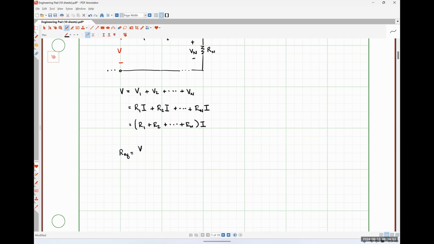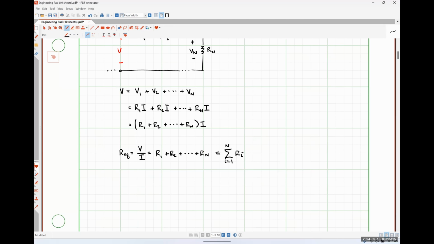So that's just going to be V divided by I. And if we take our expression for V and divide through by I, we're left with R1 plus R2 all the way out to R sub n. And in a more compact form, using summation notation, this would look like the sum from i equals 1 to n of R sub i,